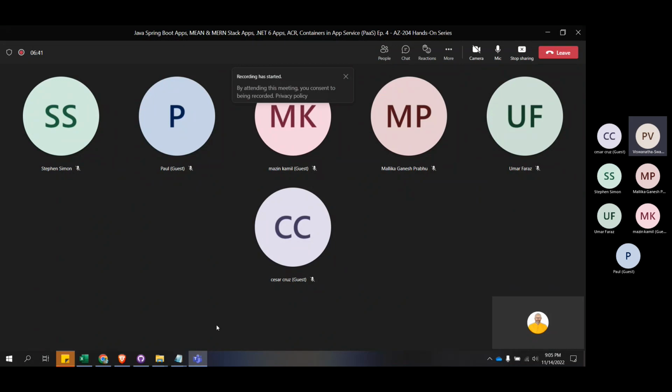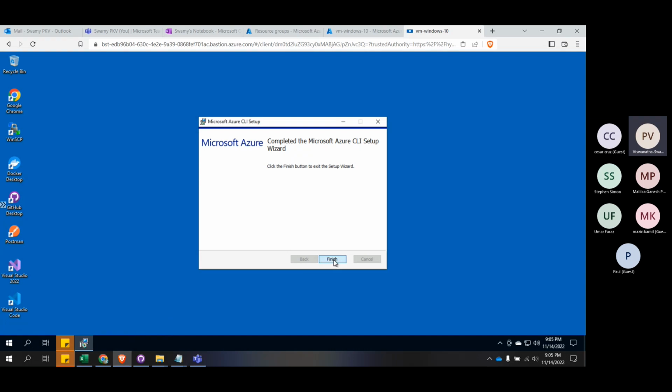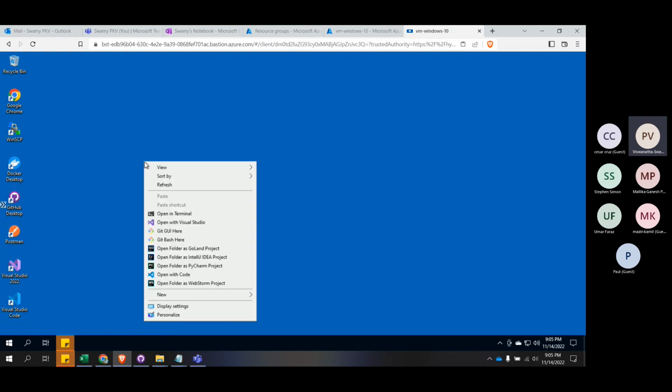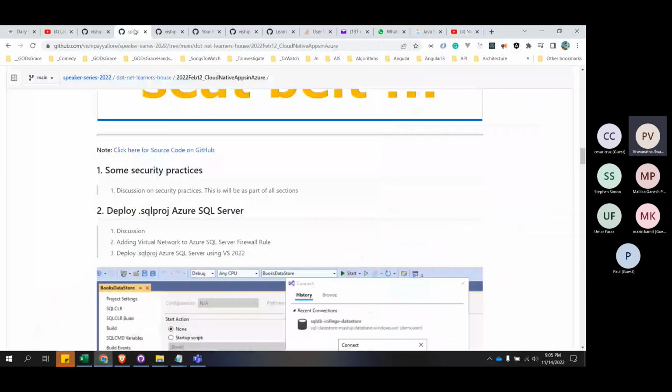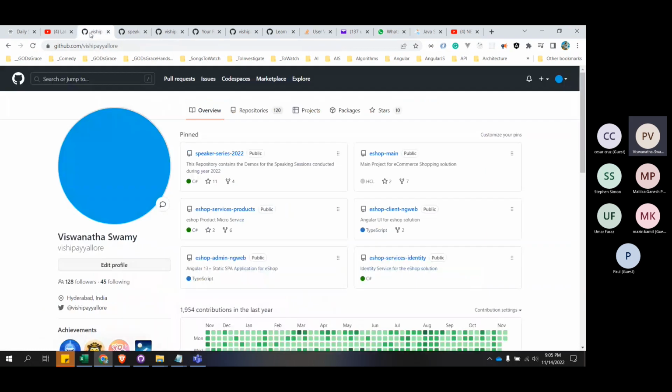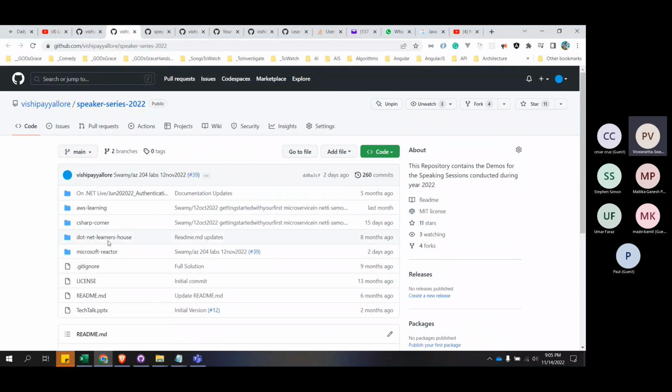In the previous session we were discussing infrastructure as a service and platform as a service, and how the deployments differed in both. If you go back to the previous session, I didn't update the markdown file, but still